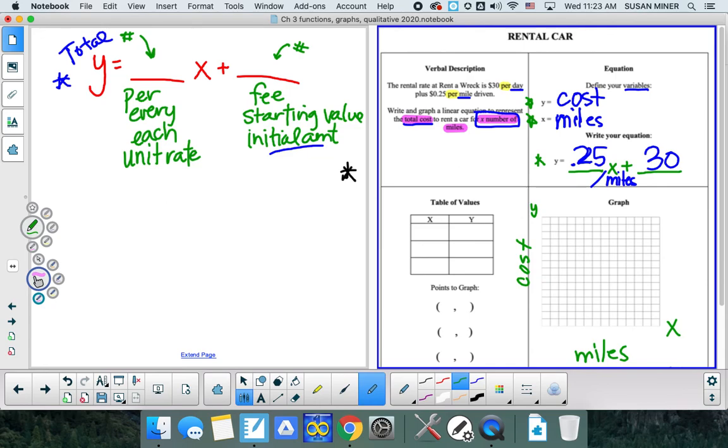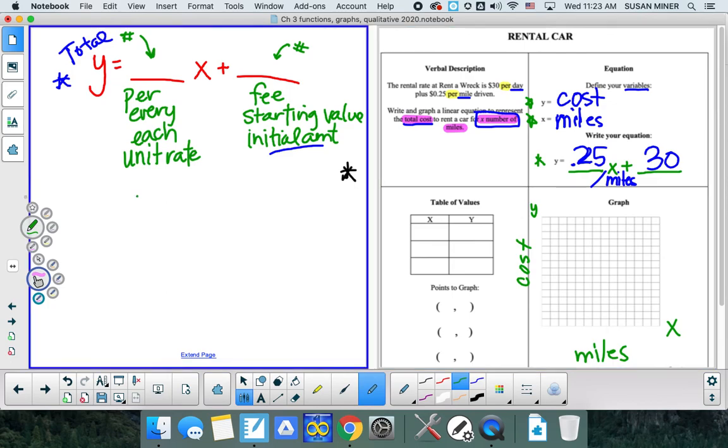And then I want to take my equation, and I'm going to write it over here so we have some space to do some calculating, some inputting, and some outputting. Okay? Remember, I want to take my equation,